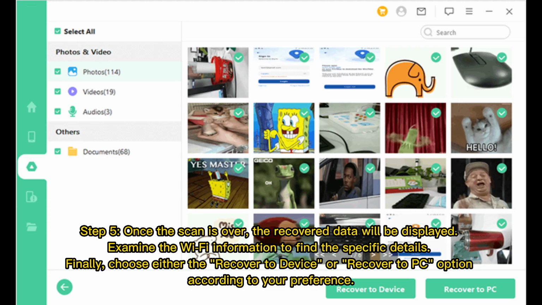Step 5. Once the scan is over, the recovered data will be displayed. Examine the Wi-Fi information to find the specific details. Finally, choose either the Recover to Device or Recover to PC option, according to your preference,